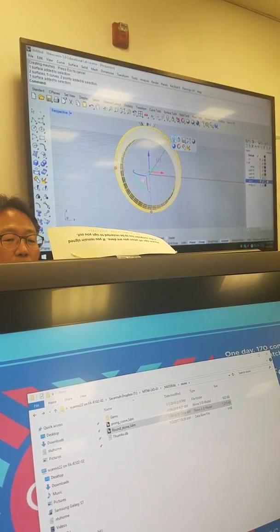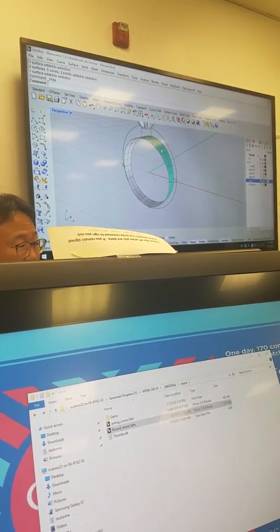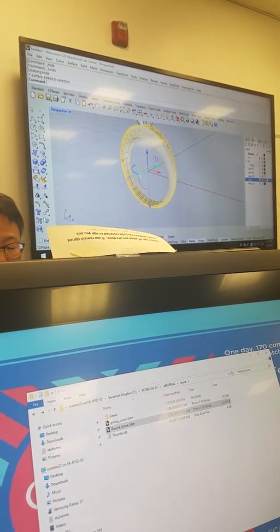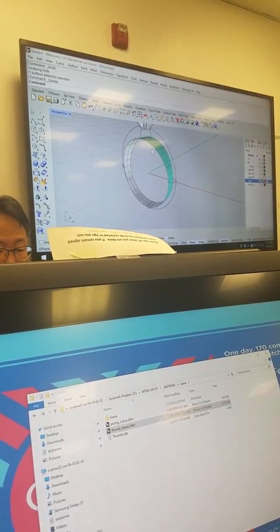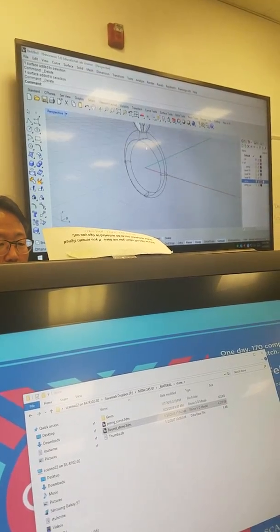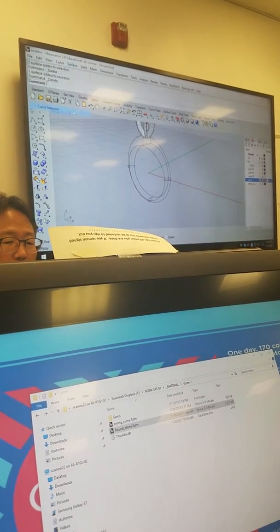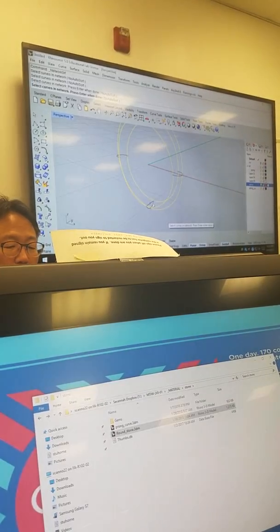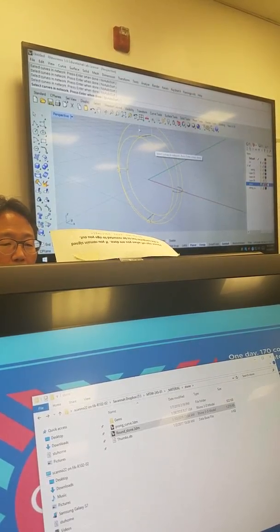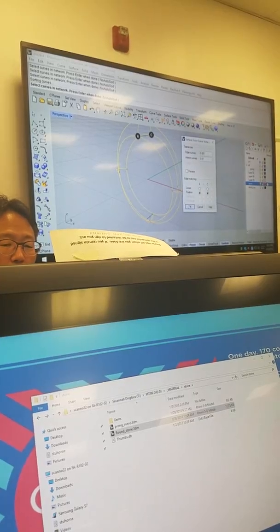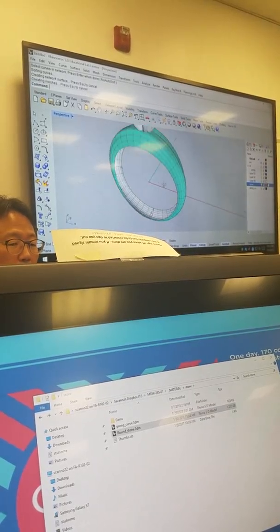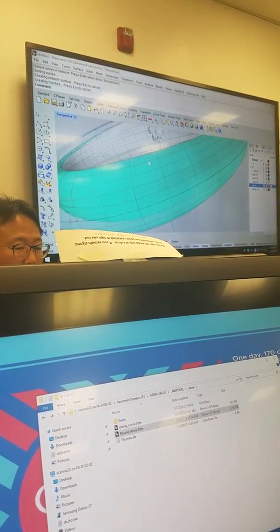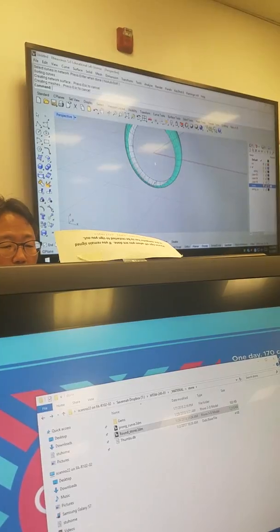Same thing when you actually make the surface, okay? I actually click from the top, right? That's not really the right way to do that. I'm going to do it one more time. I'm going to click curve from curve network. 1, 2, 3. This time I'm not going to click from this one. Always it should be hidden. The curve network is not a problem, but the sweep rail will always be a problem. So always start with the bottom, because right now I have a seam on the bottom, not the top. Okay, and the sweep rail again,